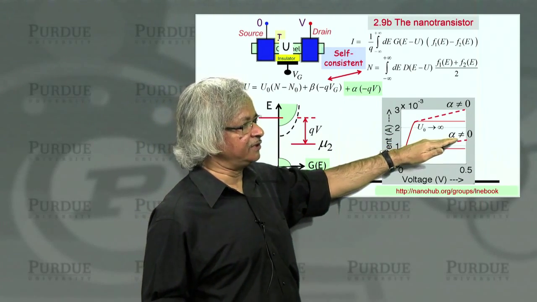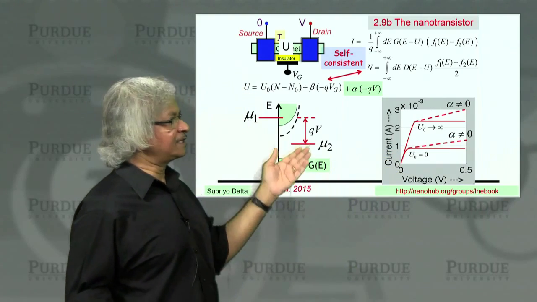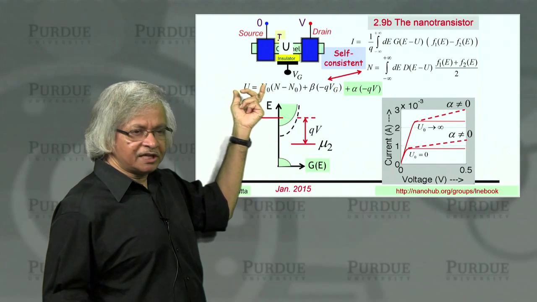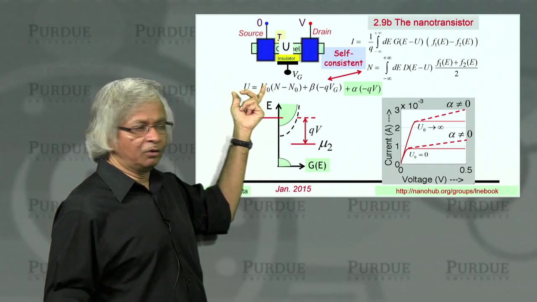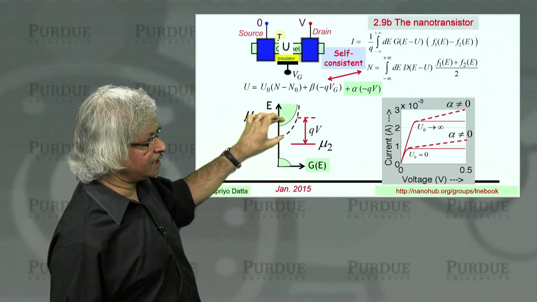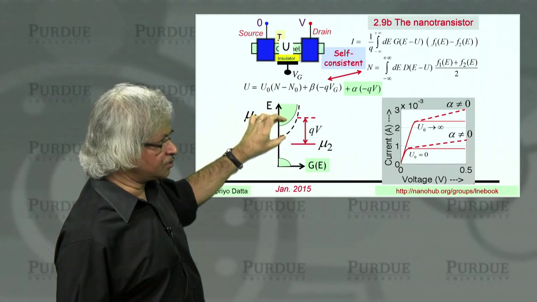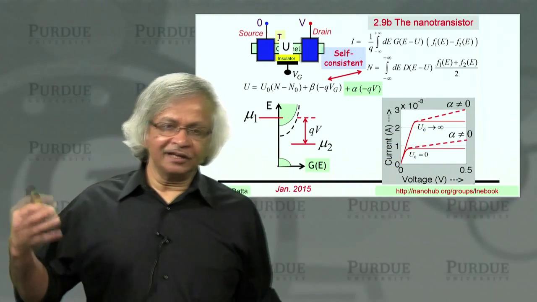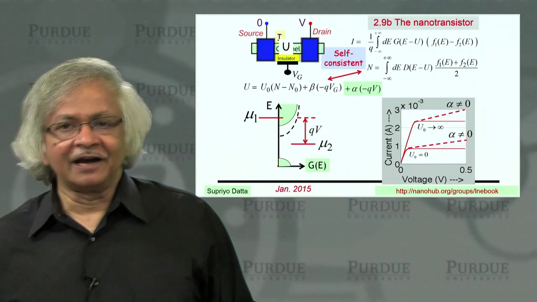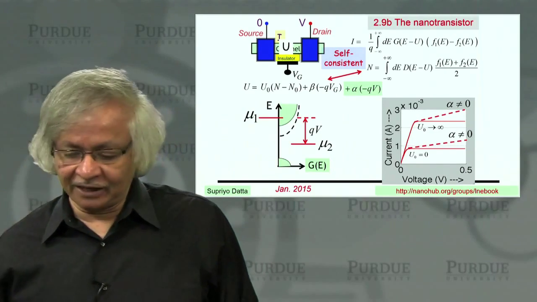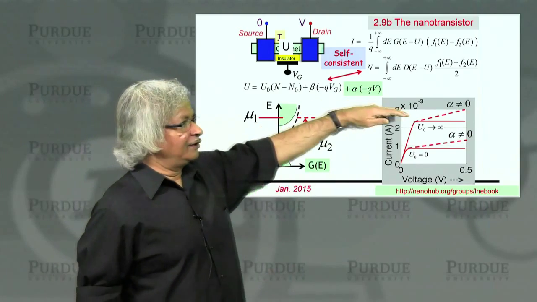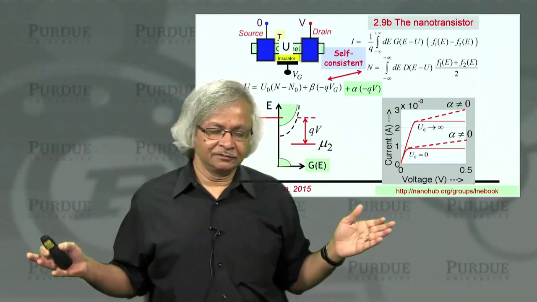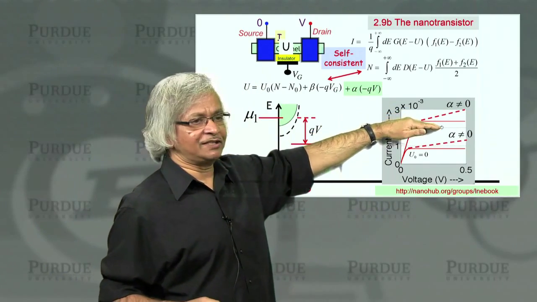But once you include that, then you'll find that the current doesn't saturate so nicely but keeps increasing. And you see physically why. Because as you increase V, what happens is the channel potential wants to go down more and more, which means this band wants to sink down more and more. And as it goes down, the current keeps increasing. And indeed, the whole art of designing a good nanotransistor is how to get a small value of alpha so that the current would saturate well. That is, as long as devices were long, usually people got very nice saturation.